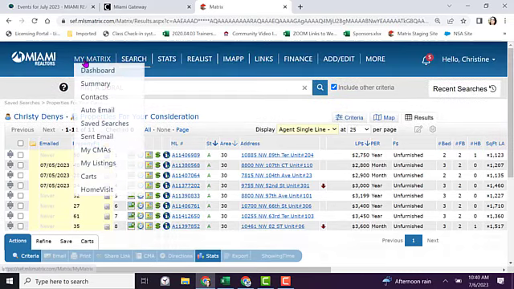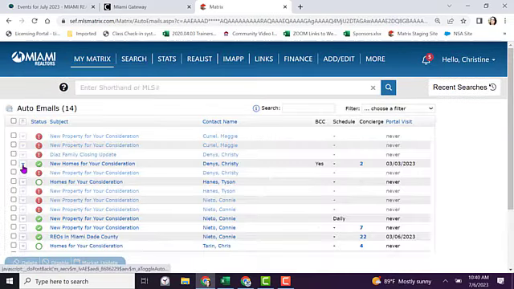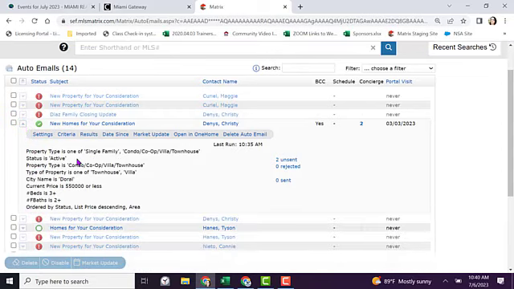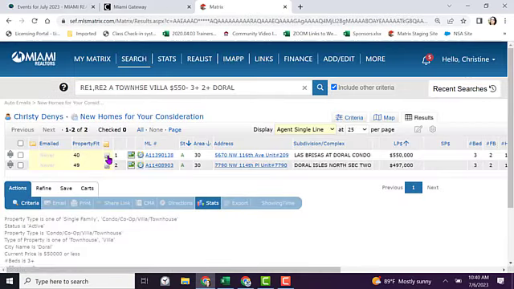Option 2, Auto Emails. Opening up an active auto email, clicking on Results will also allow you to create notes. Why? Because these searches have a